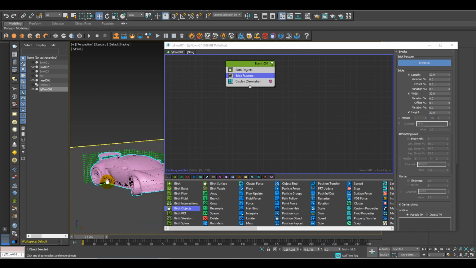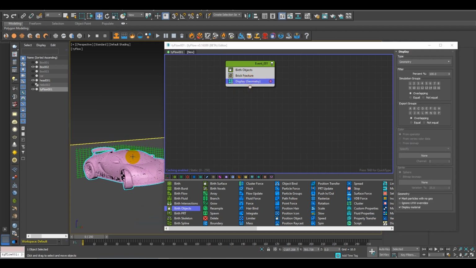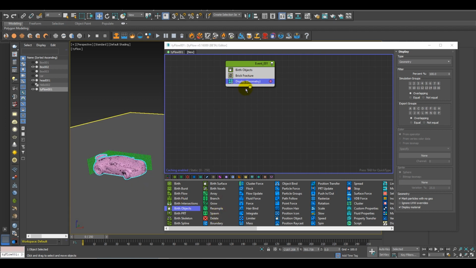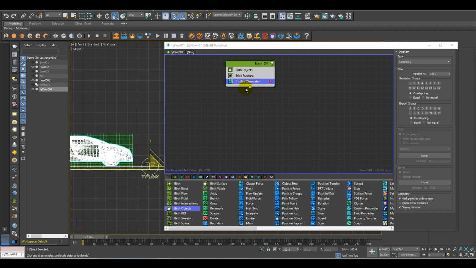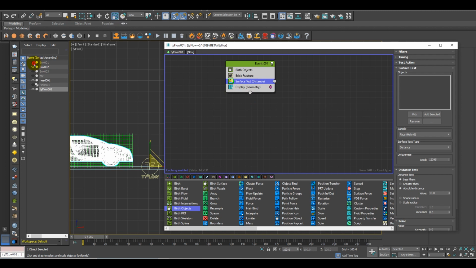And now I also need a surface test. So just add a RFSE surface test. Let's unhide the box. So let's pick this box over here, and at surface distance, let's keep it to distance, change the value to around 15 or something.